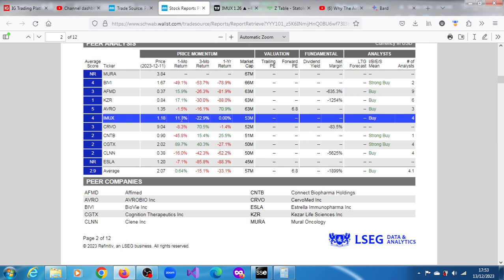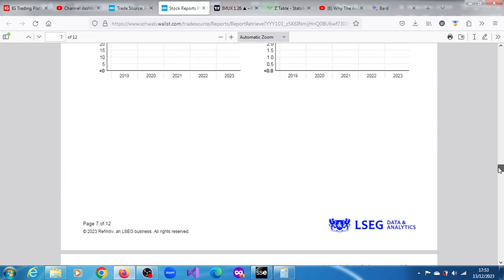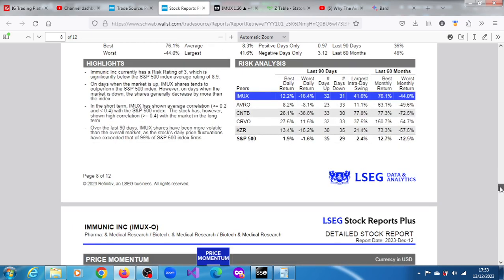Okay, just revalidating the rally we talked about now. This rally I was talking about, that ensued from the middle of November, has returned a total of around 11.3%. So I guess things are improving. If you go down, let's have a look and see what the highlights of all that is going on with